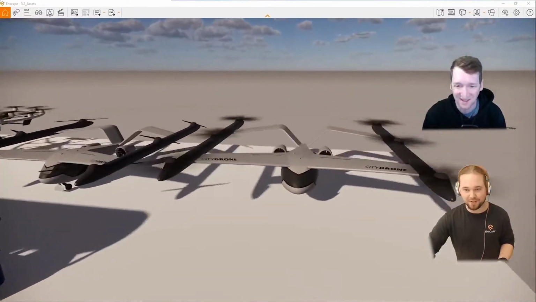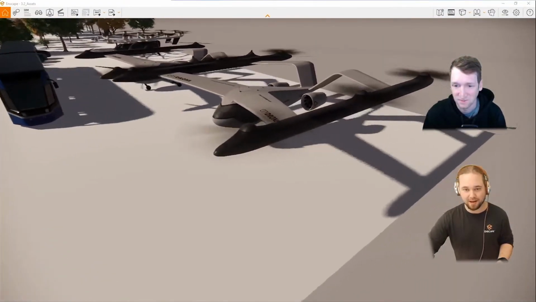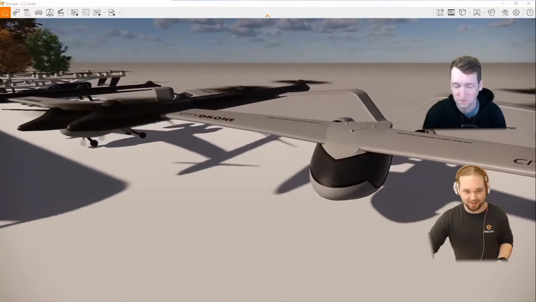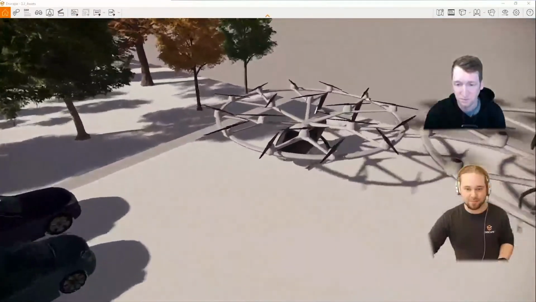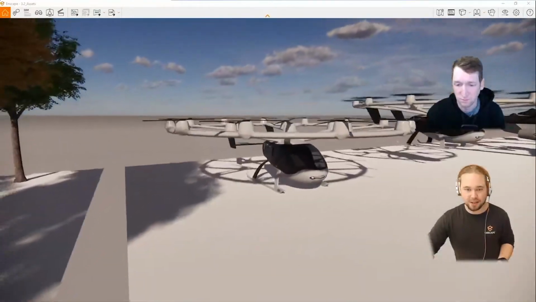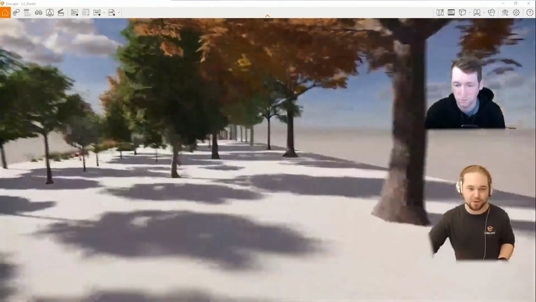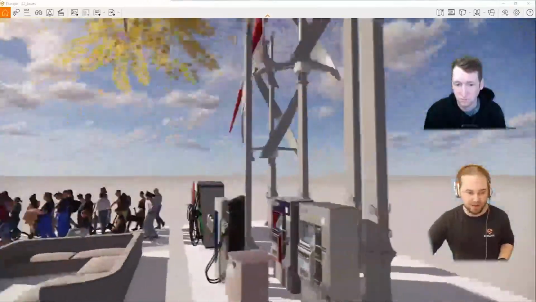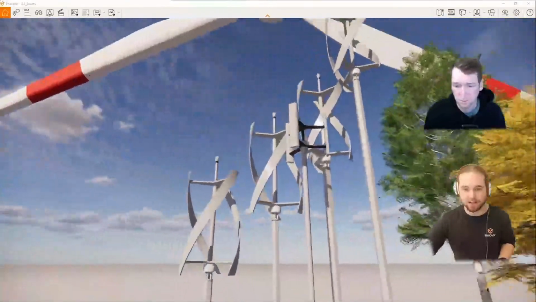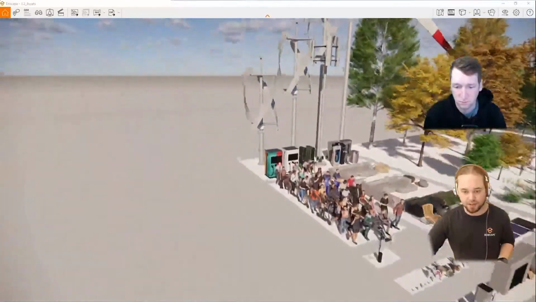Here we have some interesting new flying objects, like the city drone here in multiple scales, and this one. So a lot of new diversity for your assets, some birches, and a lot of green assets here, like windmills as you see them here.